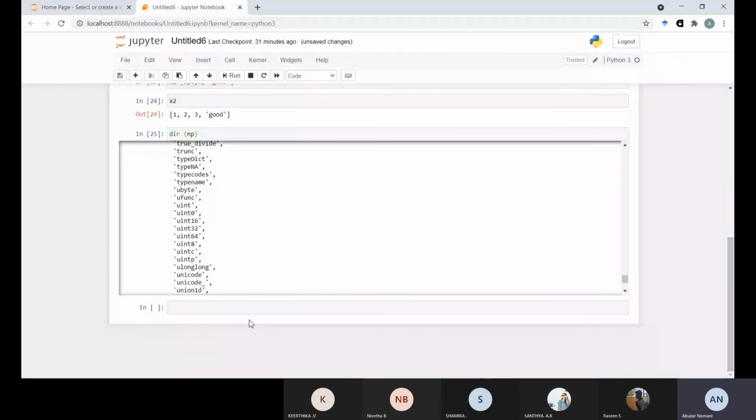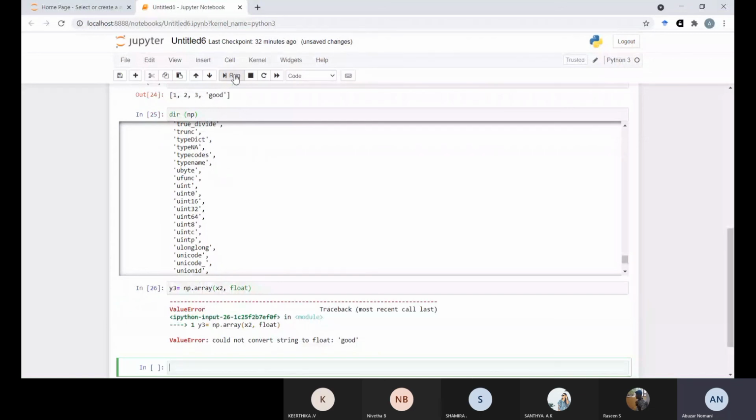Let's see what happened. y3 is equal to np.array, then brackets open, here we have given x2 comma float. Okay, now run.